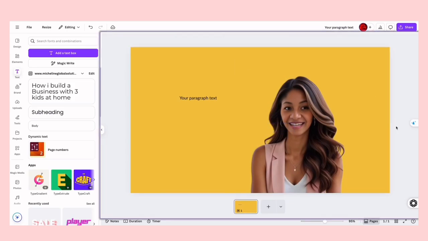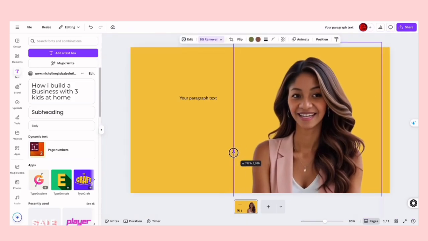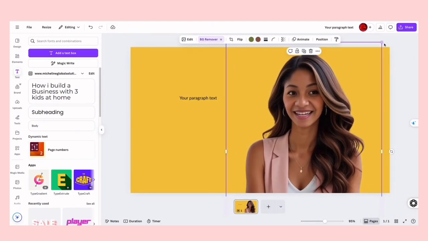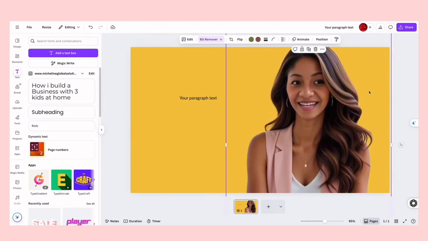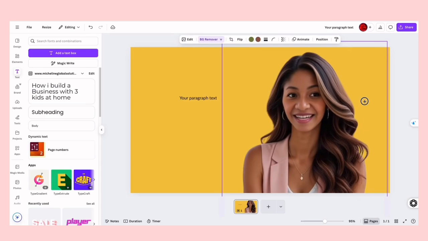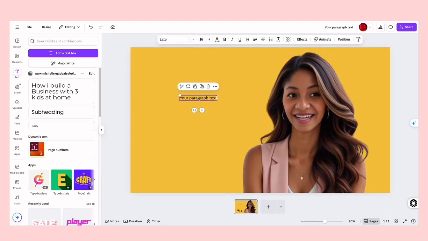Okay, so I remove the background, if I want to, so she pops out more. And now